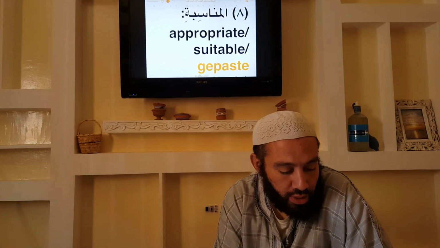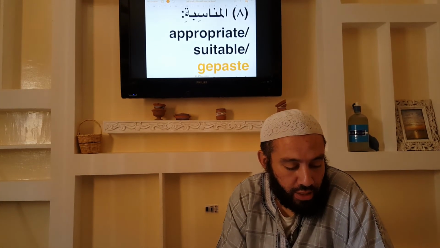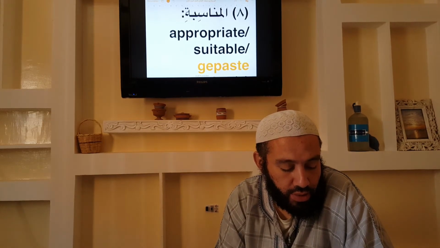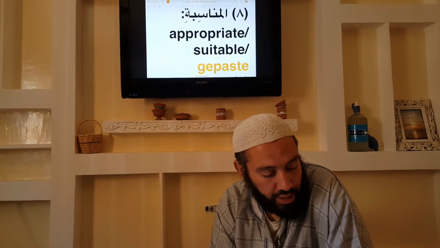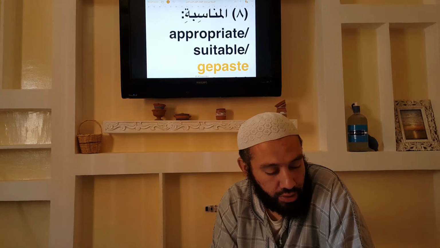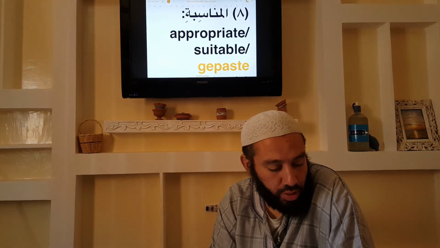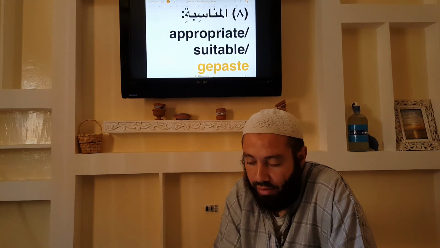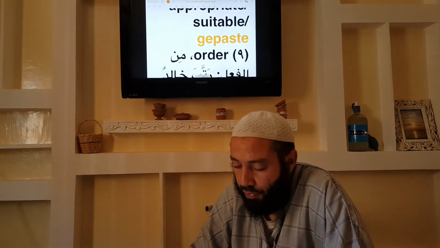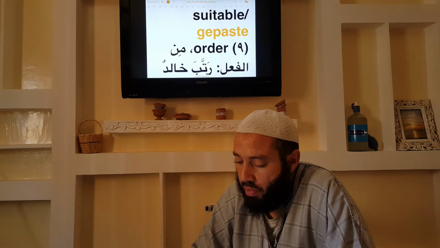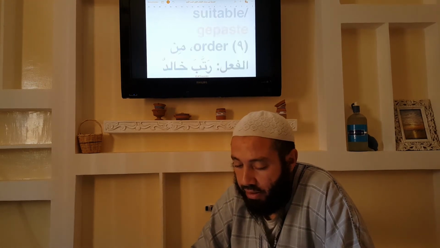معناه معنى الجملة أو معنى العبارة, the meaning of the sentence or the phrase, رتب الأعداد is order the numbers, order the amounts. So we're going to order the numbers inshallah here. رتب is a command verb, رتب is order, and it comes from the verb من الفعل, from the verb رتب